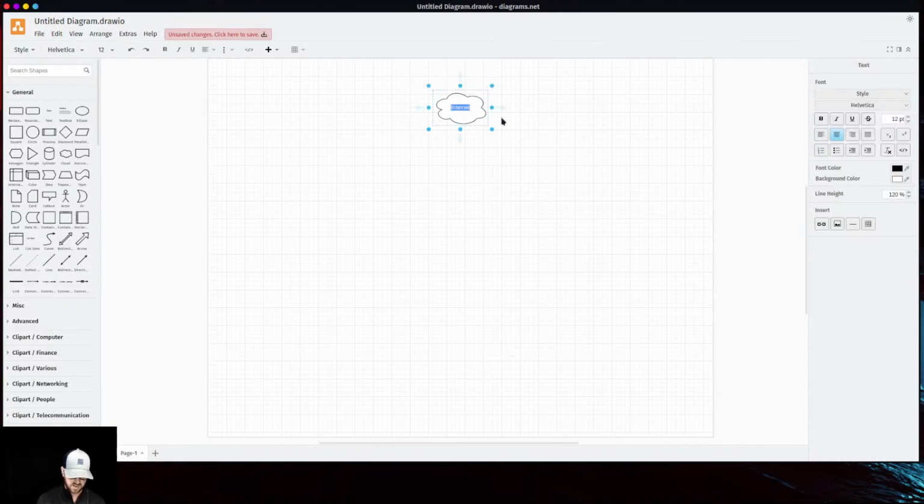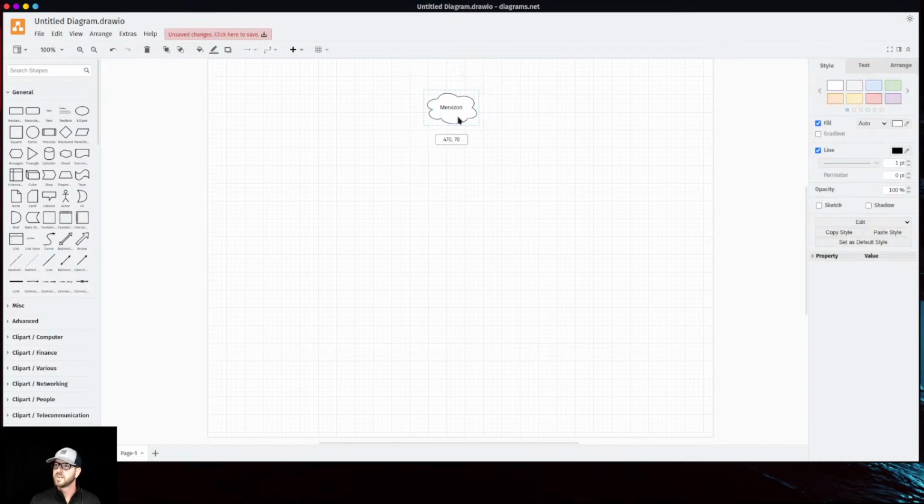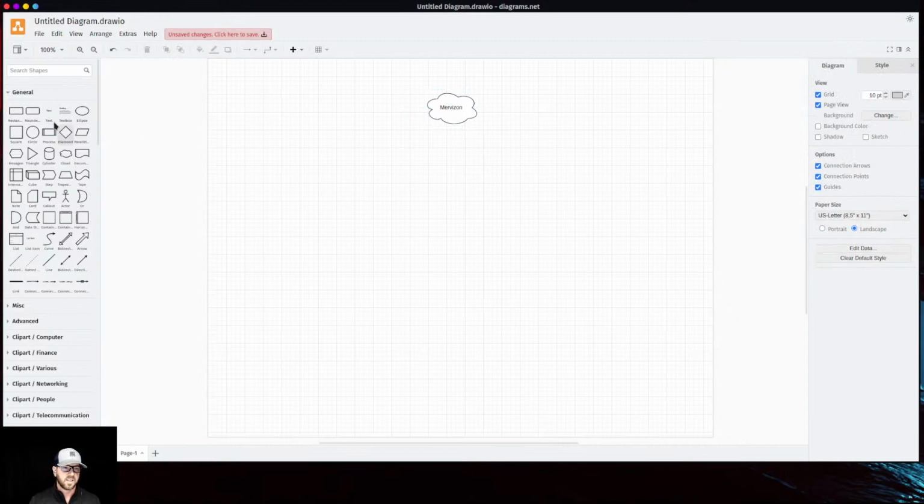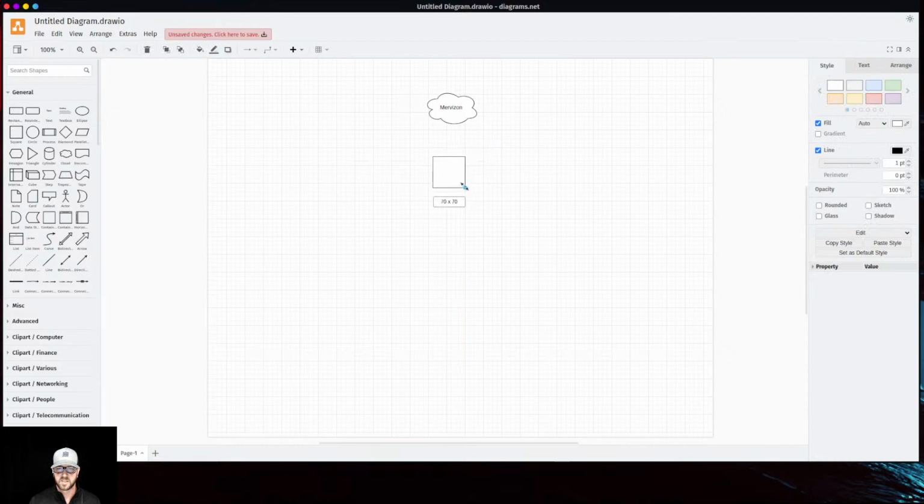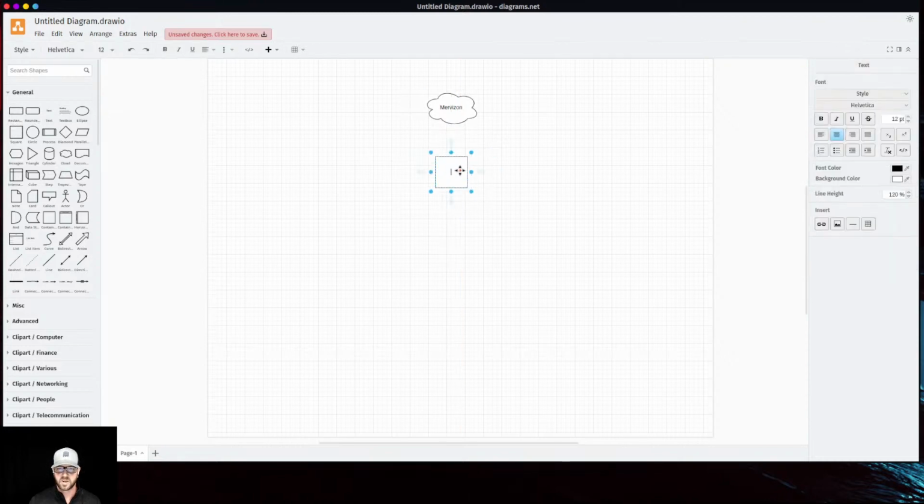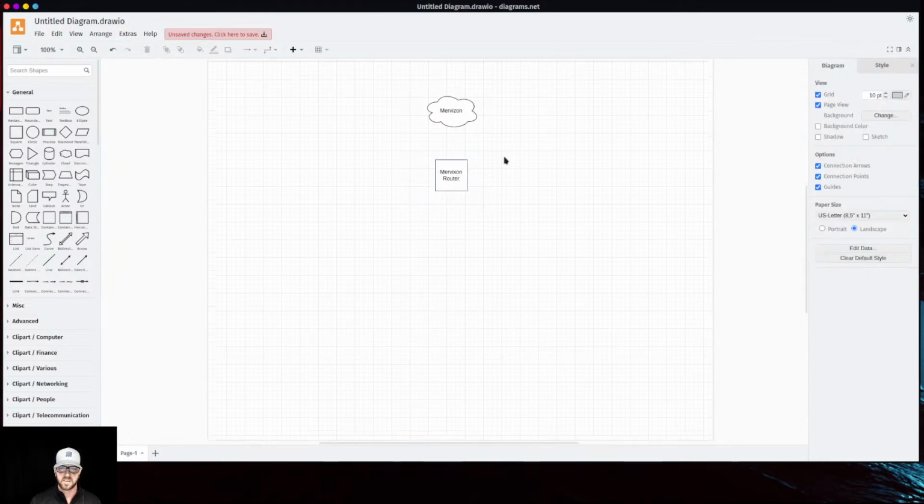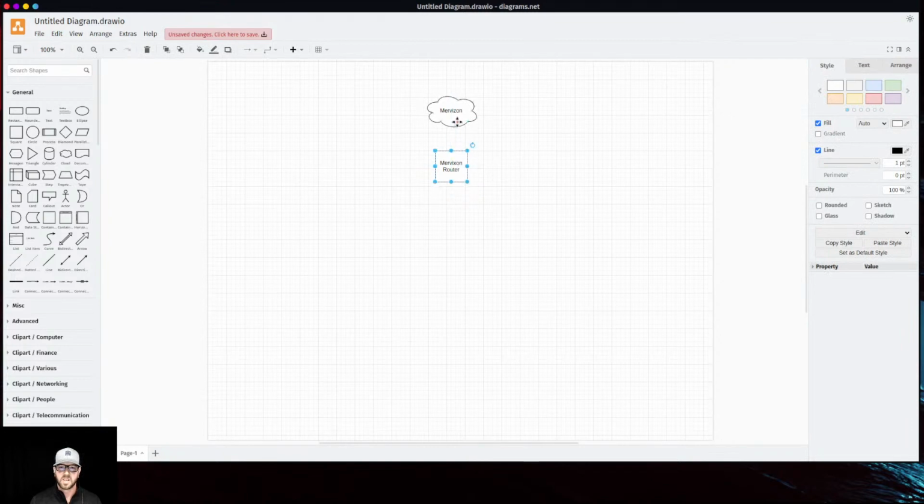We'll say this is, we'll just call it Mervisen. That's our internet. And then we have, we'll just use stick figure drawings here. So the internet comes into our Mervisen router, okay? Now, at this point, your provider, Mervisen, is in complete control of obviously your internet connection and